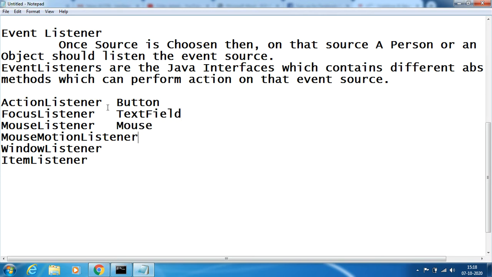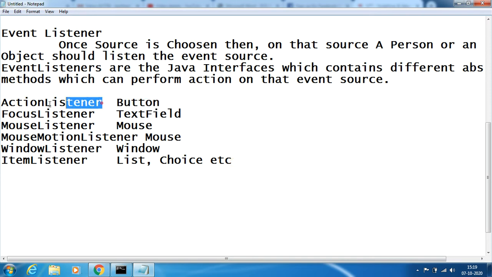Mouse listener and mouse motion listener are meant for mouse, window listener for window, item listener for list or choice, etc. All these on the right side are the event sources, and the left side are the listeners which work on their particular sources.